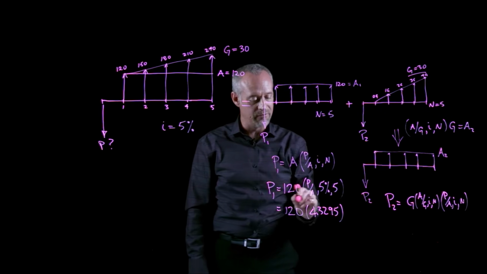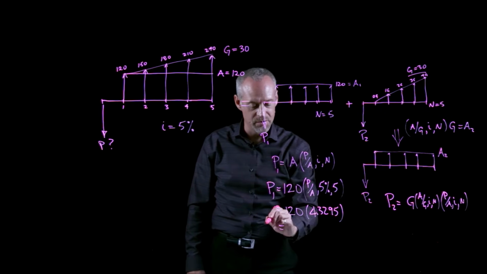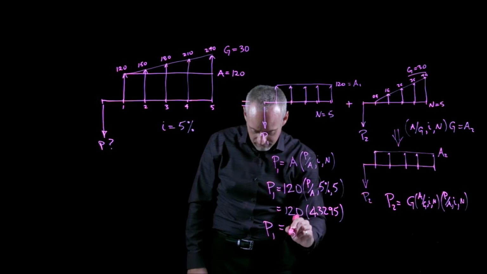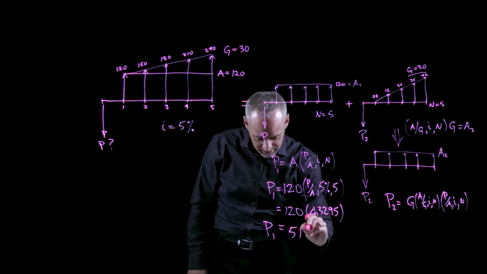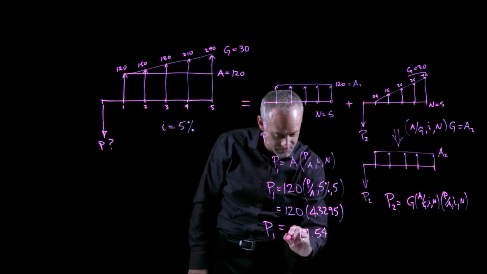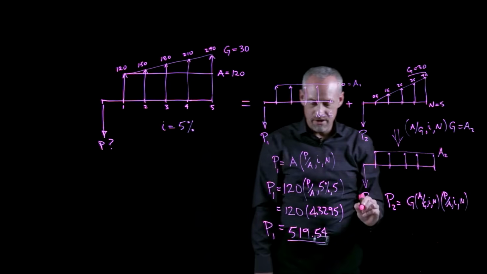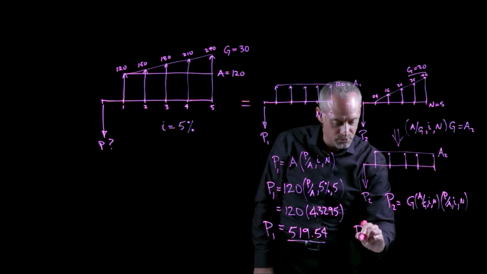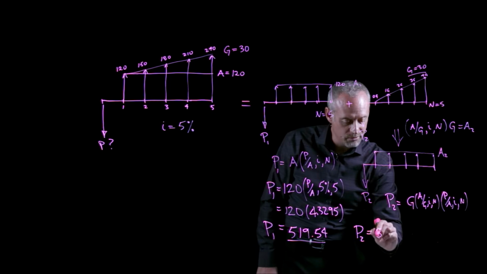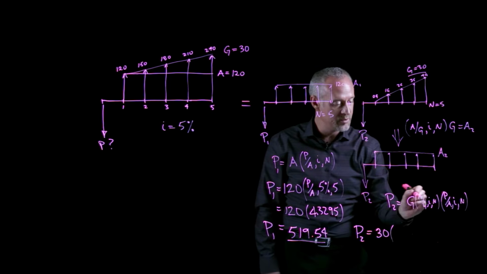Check that you can get that value from your compound interest tables. So my value for P1 should be $519.54. Over here, my value for P2 will be equal to the value of G, which is 30, times the A given G I N factor, which is